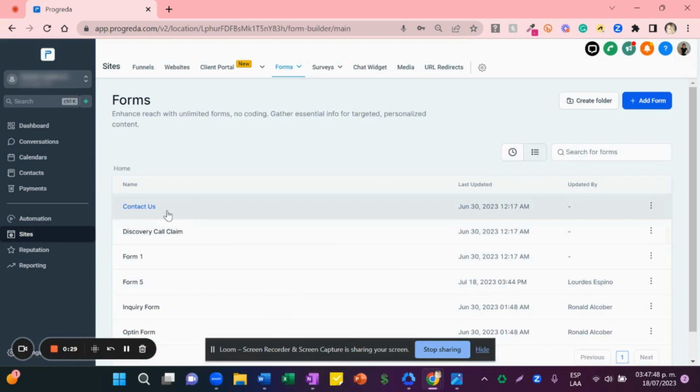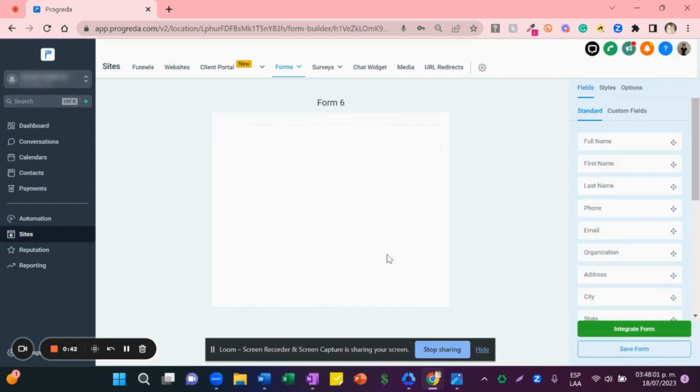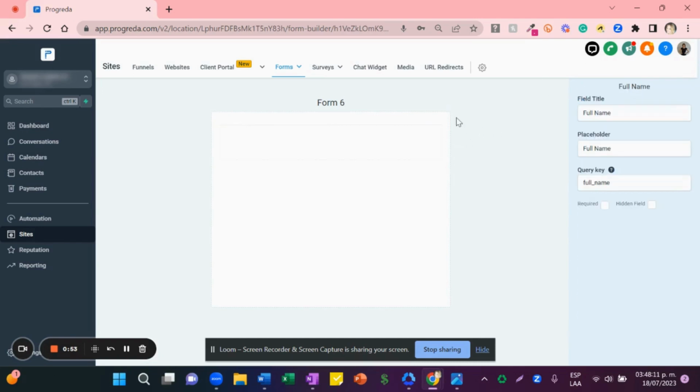that we have already created for you. But if not, and even though, we are creating a new form from scratch. So clicking here where it says Add Form, Start from scratch. And in here, you are able to add some of the basic things. So let's say that I'm going to add full name, or even better yet, I don't want to add a